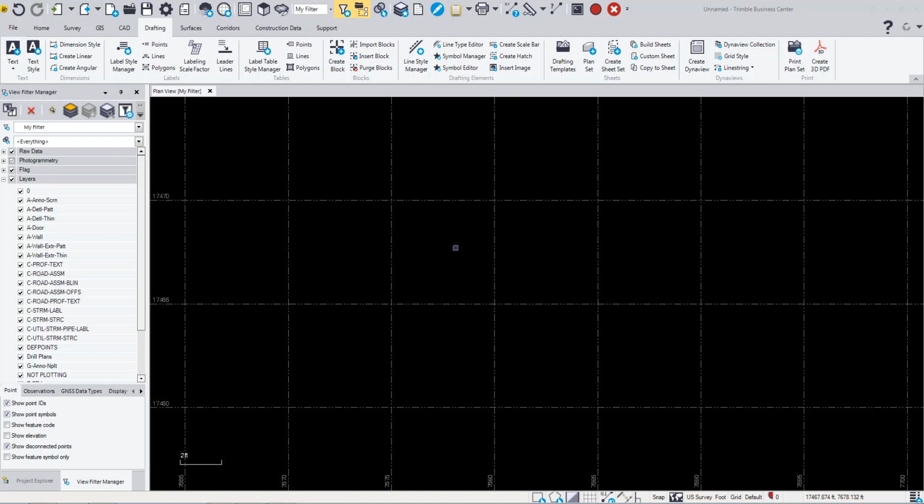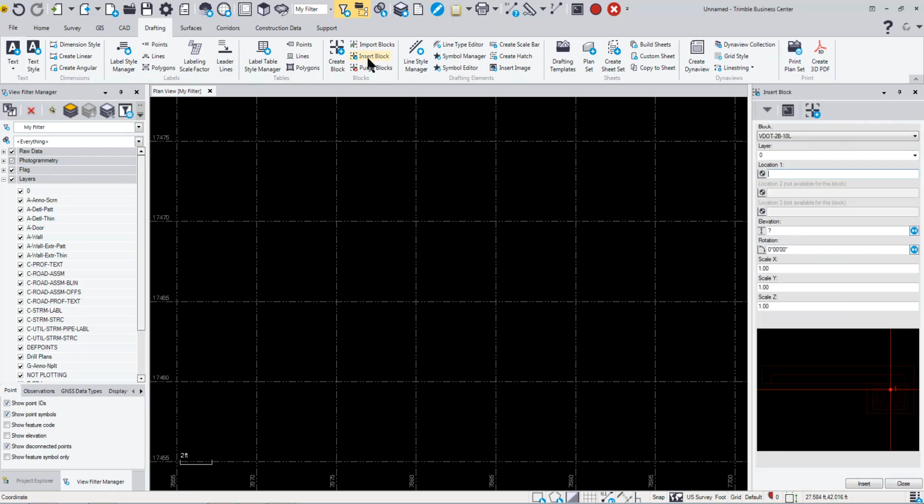Once you've created a block or imported your blocks, you can insert the block. So if I come in and insert the block, you pick from the list what block you want to use. You can set the layer you want the block to go to, and you can pick the location for that particular block. So you can see based on the insertion point that was created with the block, it'll pick the